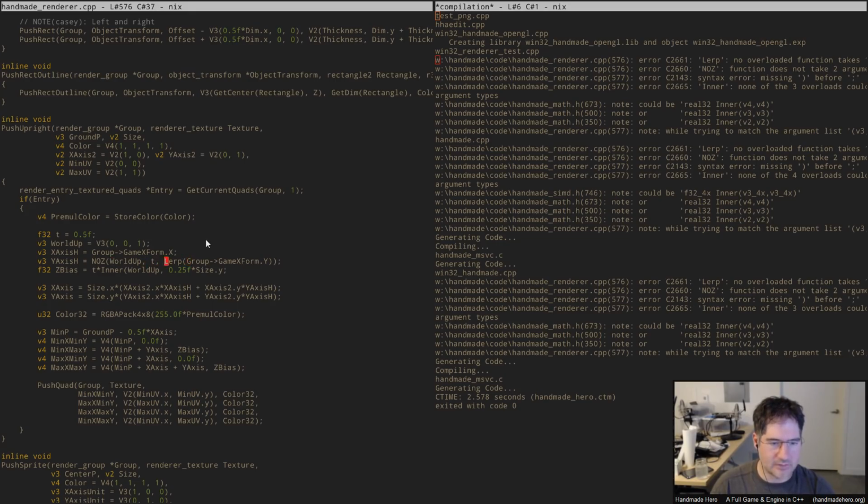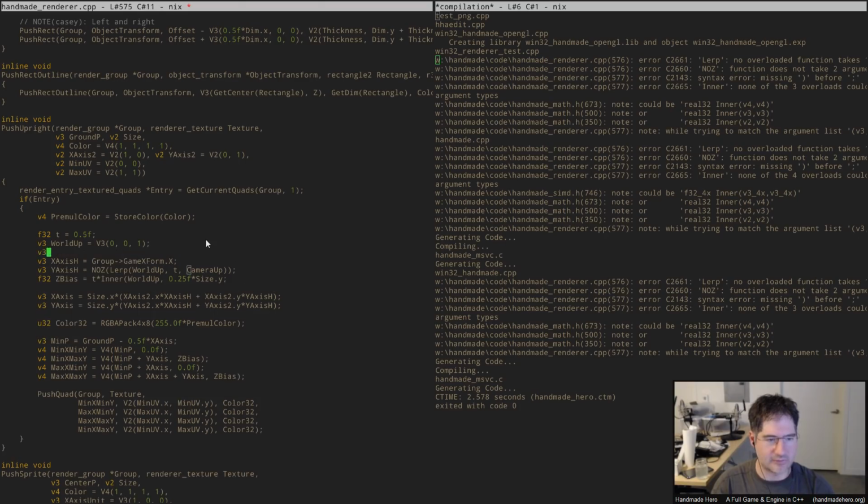All right. So if we go from the world up vector, where we would not need any bias, to the game transform's Y, right? Then if we imagine this is the camera up, we can make this a little clearer. What we're doing here is just blending two up vectors together to get a different up vector. So assuming that we blend these two together,